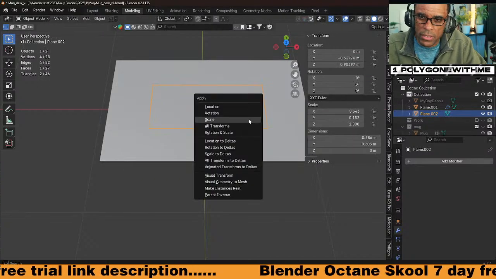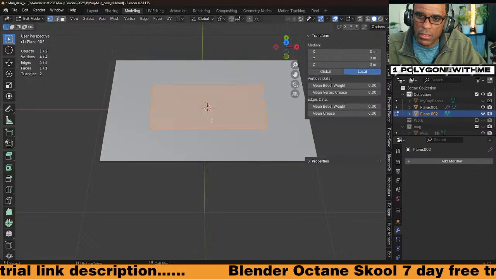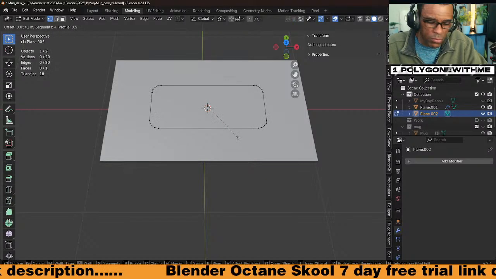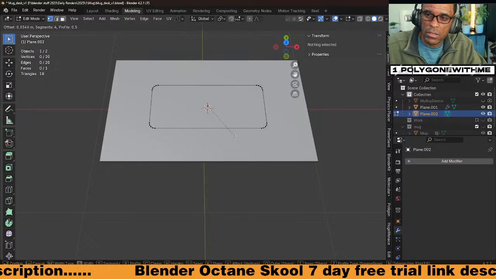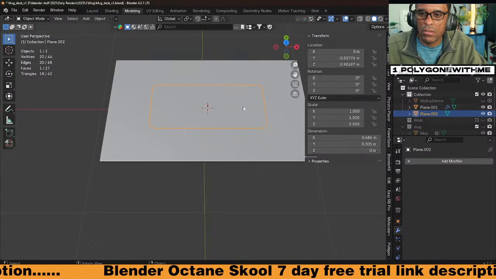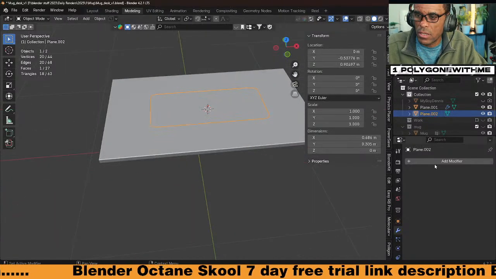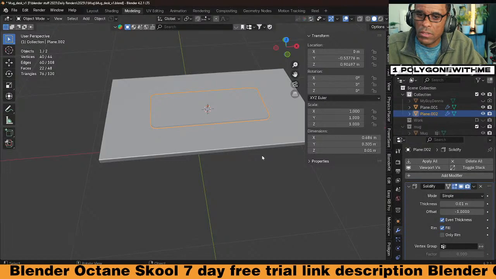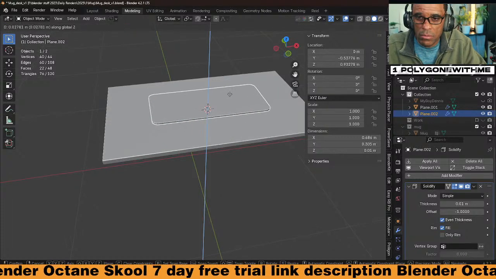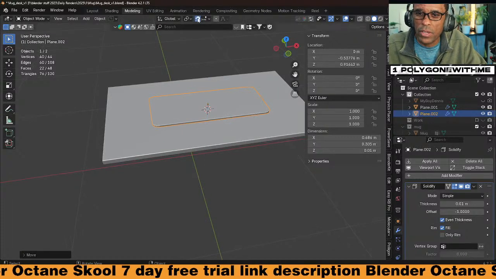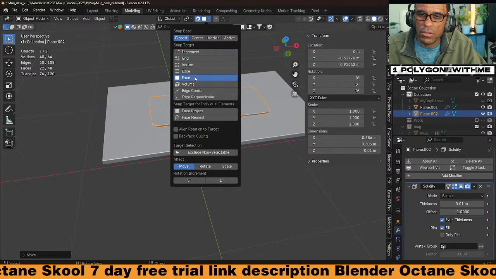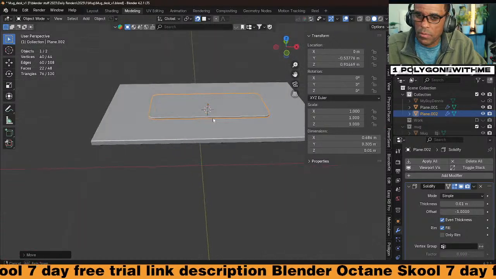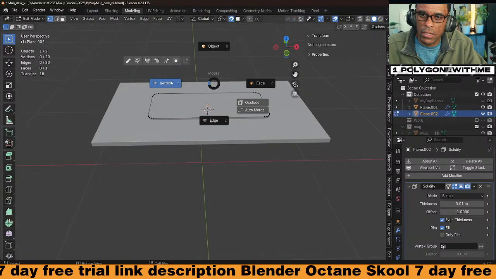Tab out of that, apply my scale. Tab back in, go to vertices, Control Shift B, bevel vertex edges. My mat is rounded on the edges here, like that. All right. And then let's just add a solidify modifier on here. Even thickness. GZ this up so it's sitting up. Matter of fact, come over here, tab on this, go to faces, GZ. And now it's sitting on the face. Yep. Of course the mat is not that thick.